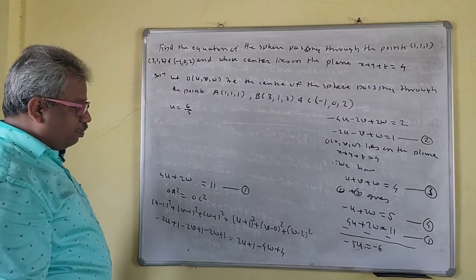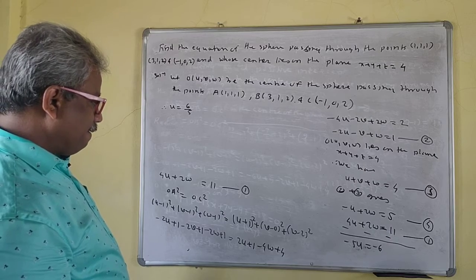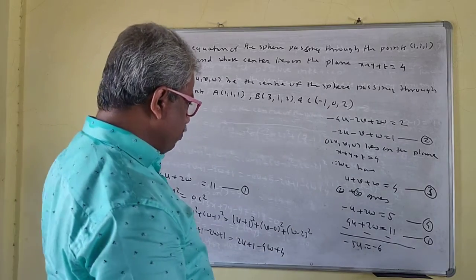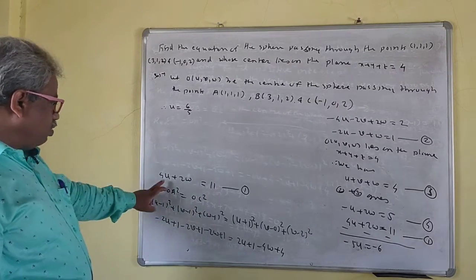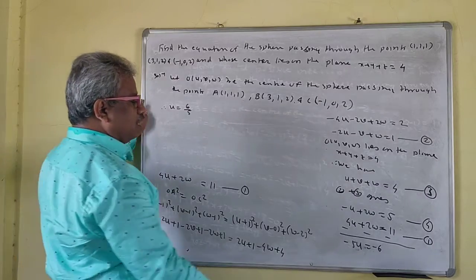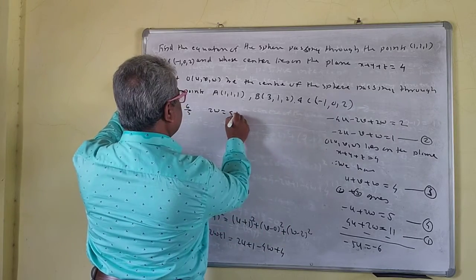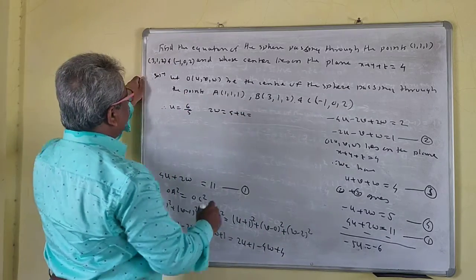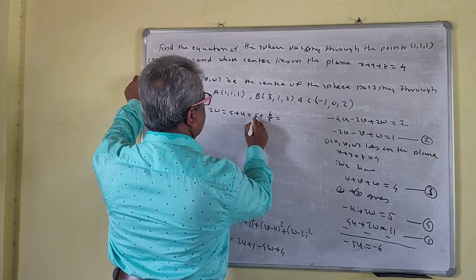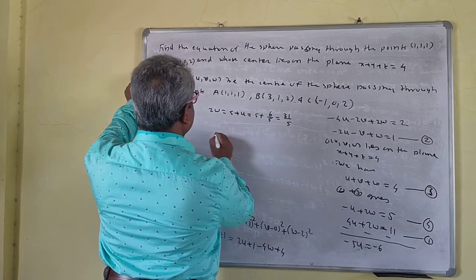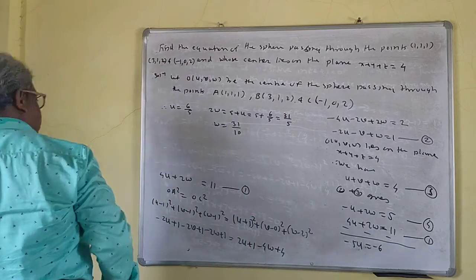Okay. Now I want the value of V now. How I can find the value of V? We don't have direct V. So to find V, first we'll find W now, because we have W here. Okay. So twice W is equal to 5 plus U. So U is 6 by 5. 5 plus 6 by 5, so this is 25 plus 6, 31 by 5. So W is equal to 31 by 10.